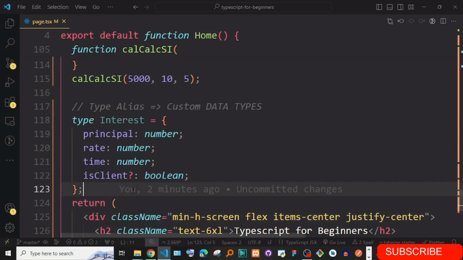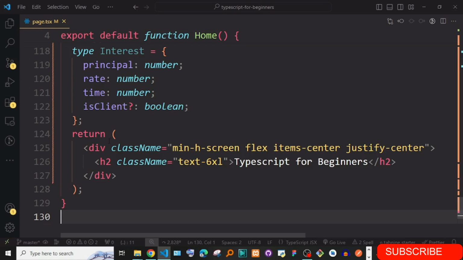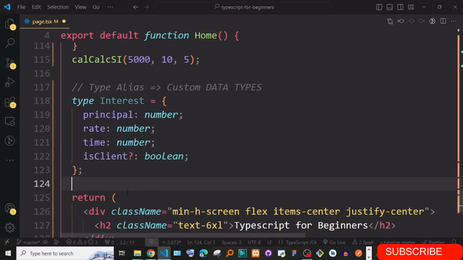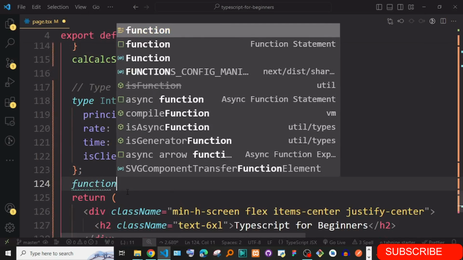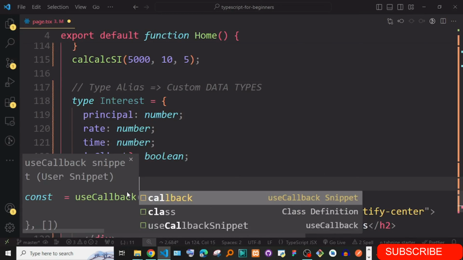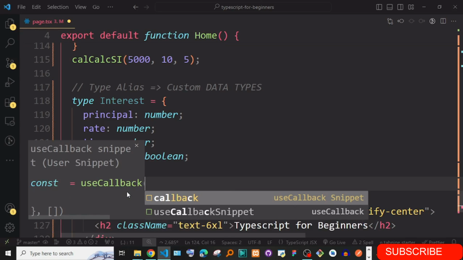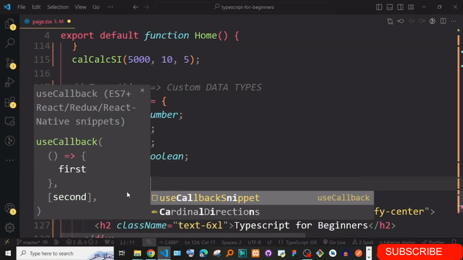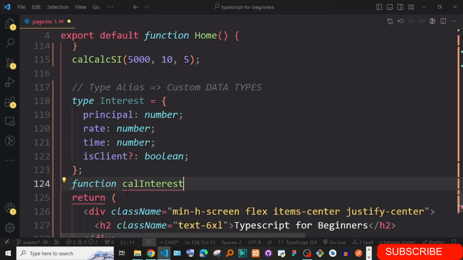Okay, maybe I can just go ahead and create another function here. Let me just go ahead and say here, for instance, function calculate interest. So you can say calcInterest. Okay, and maybe it's supposed to be taking some values.